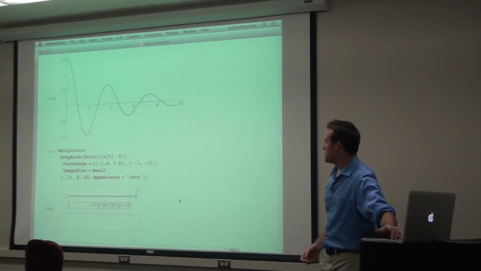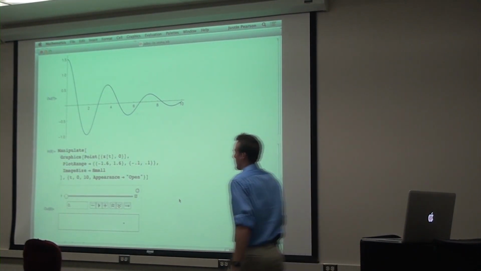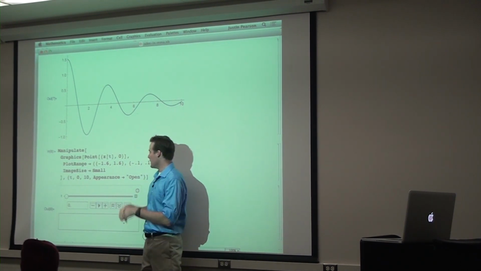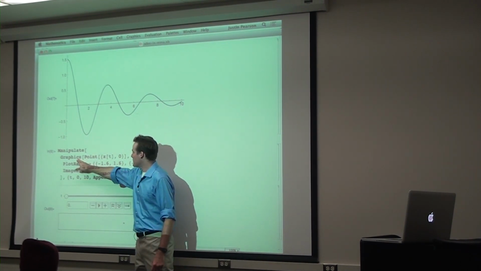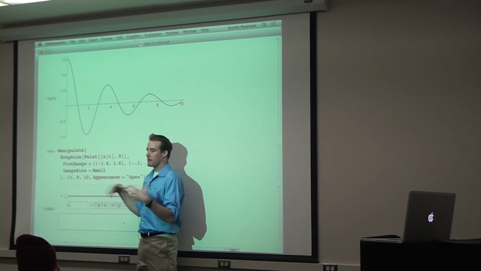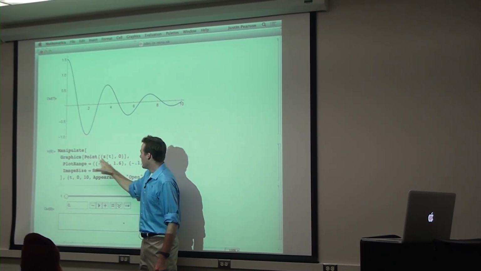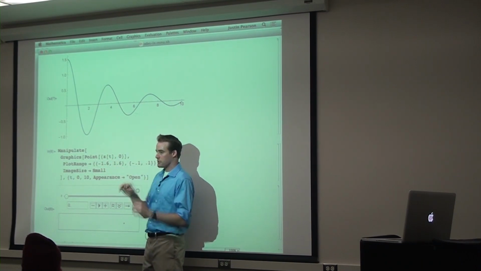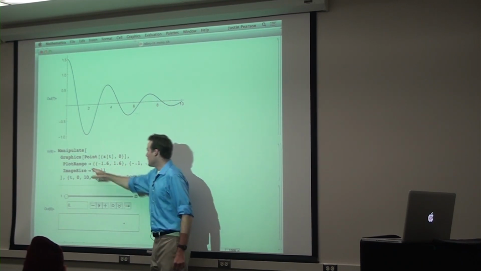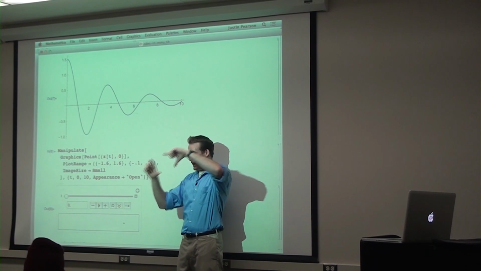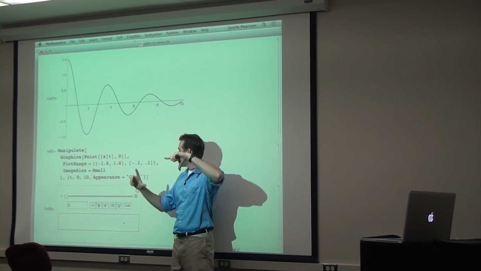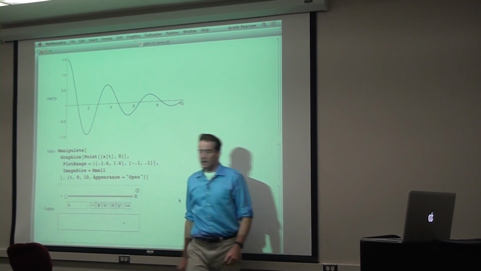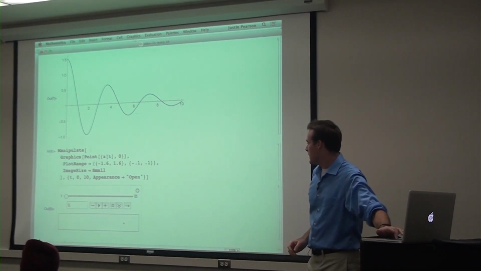So let's see if we can do anything more with this. I'm going to use another Manipulate command like I showed you at the beginning, and instead of it being a big plot, it's just going to be some graphic objects. It's going to be a point whose two-dimensional coordinates are x and 0. So it's just going to be on the x-axis, and this plot range is showing how big of a plot we're going to show, and please make a small image, and run from t goes 0 to 10. So if I run this,